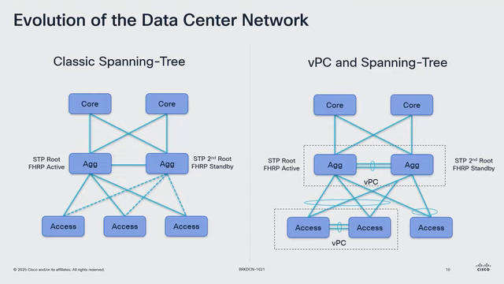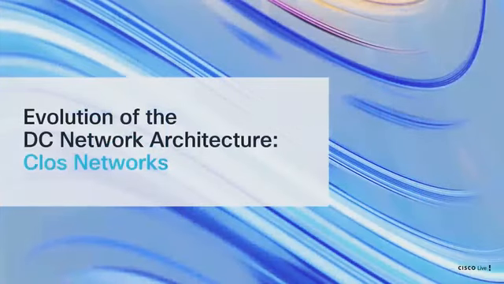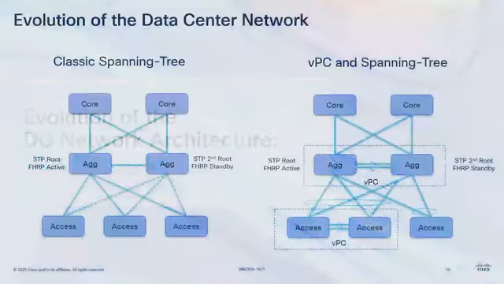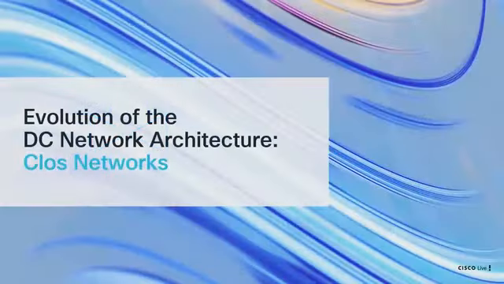And this is essentially what we did to evolve based on spanning tree, but vPC is only limited to 2 switches, right? What if I have 4 switches, 6 switches, 8 switches? So we wanted to make sure we can scale horizontally to support things like vMotion, VM mobility. So while it served its purpose, we still weren't there yet. But what did Cisco do? Okay, looks like there's a hidden slide. Oh, what Cisco did,